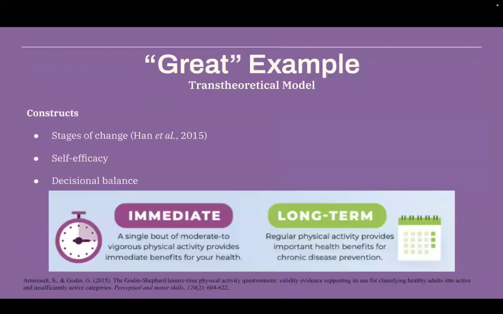The theory that we think fits best with this infographic is the transtheoretical model. This model groups people into different stages of a behavior that people fluctuate throughout. The Active People Healthy Nation campaign targets those who are in the contemplation and preparation stage, who are inactive but considering adding physical activity to their daily lives. The infographic explains the immediate benefits from starting exercising, stating that a single bout of moderate to vigorous physical activity